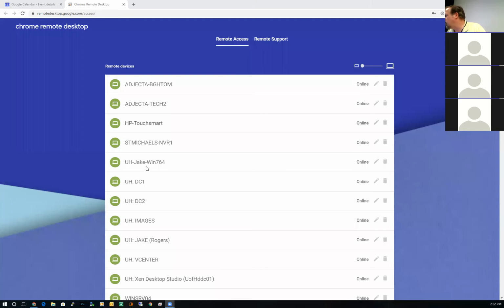So let me share my screen. And we're going to look at a few different virtual machines, mostly servers, that are in the lab. The ones that have UH in front of them are what I do to rename them, to indicate that these are what's here at the University of Houston. Anything else you can just ignore. They're either my personal machines or machines that belong to some of my other clients or some of my other businesses. Pull out the chat window here.